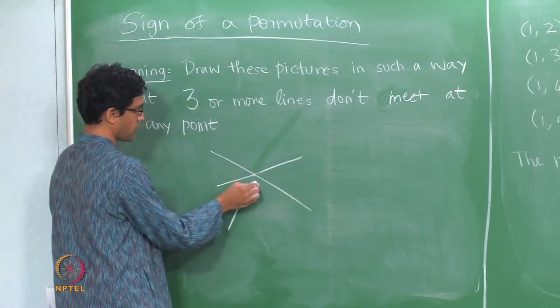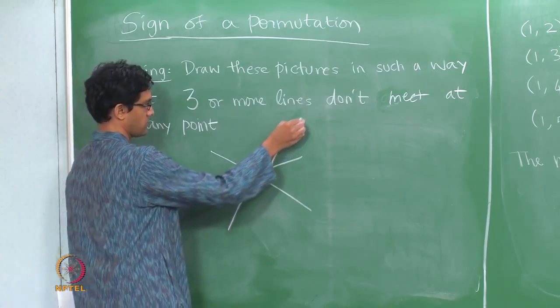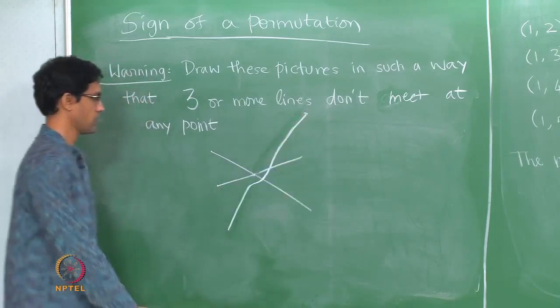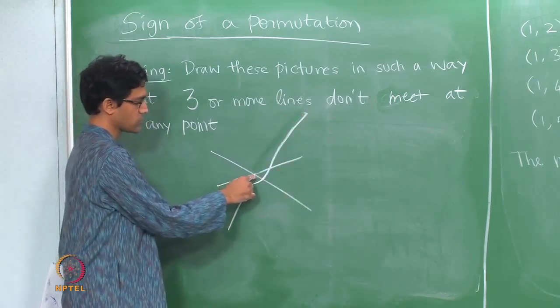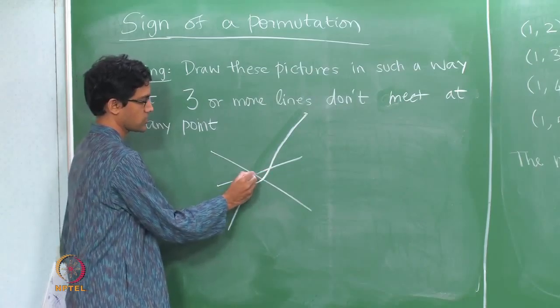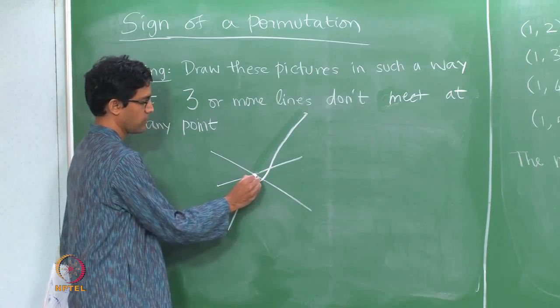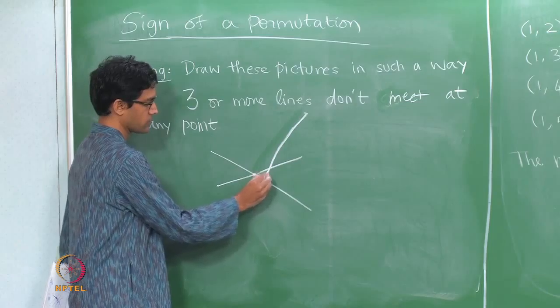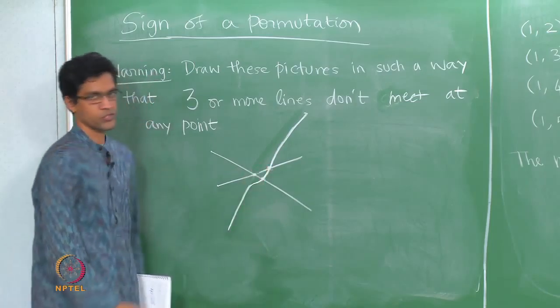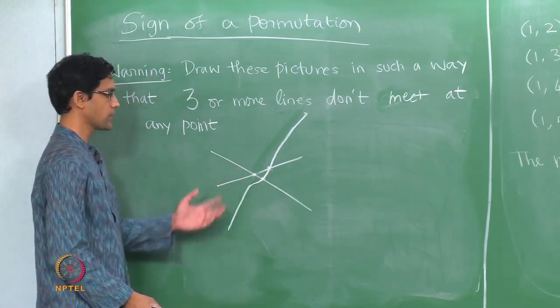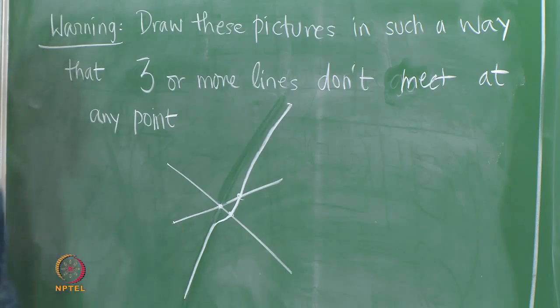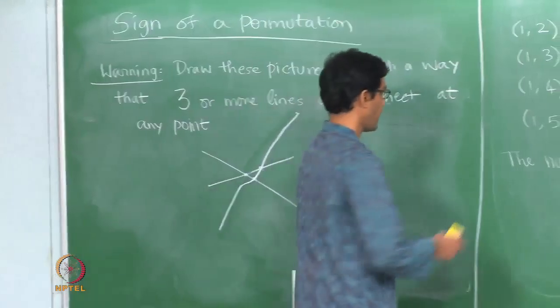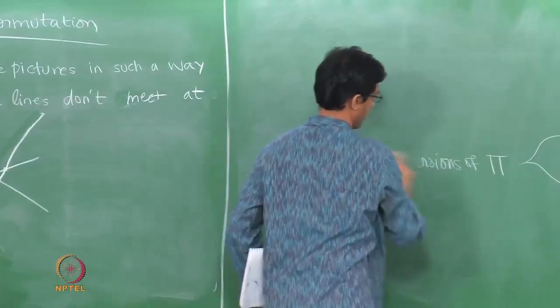So if it seems like they are going to go through that, just slightly tweak them so that now you will see in this diagram that there are 3 crossings. There is this crossing here, and because we moved the line a little bit, these other 2 crossings are also clear enough to see, okay. So this is the only thing to keep in mind when trying to draw these sorts of diagrams. But this is a very nice thing to have, this pictorial way of counting